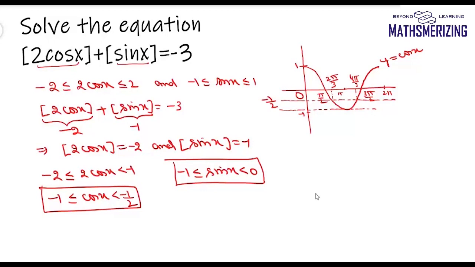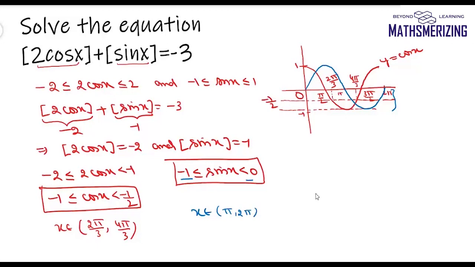when the value of x lies between 2 pi by 3 and 4 pi by 3. Now what about sin x? So I'll draw the graph of sin x. The value of sin x will lie between -1 and 0 when the value of x lies between